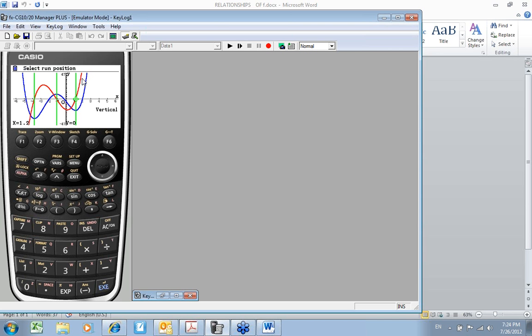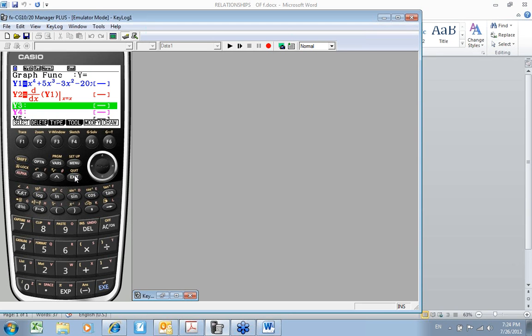Okay, so we've graphed. We've got it in a good viewing window. We've learned how to graph the first derivative. We're basically going to do the same thing now, and we're going to graph the second derivative. So I'm going to exit, which gets me back to that screen. There's a couple things I could do here.